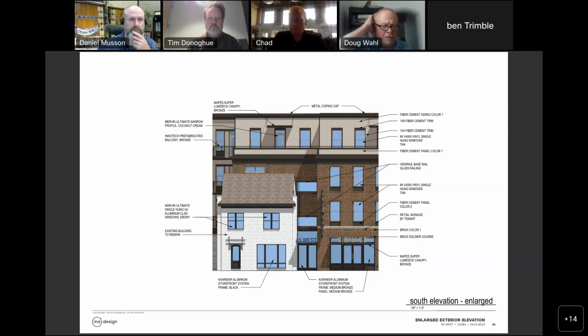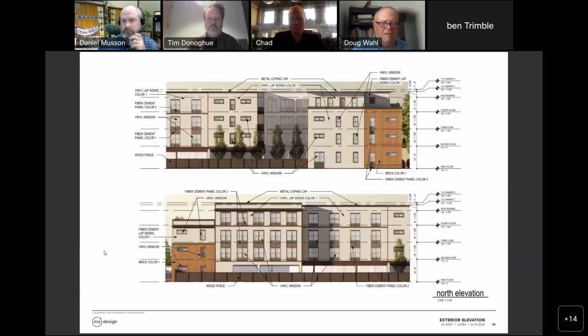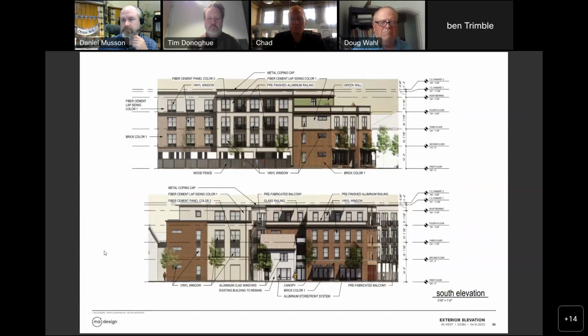I appreciate that you have altered the two elevations contiguous with the perimeter of the gas station property to make it not so monolithic, and changing some materials, adding some brick and so forth. I think that goes a long way to calm some of my concern about that. So I think you've done a fine job of improving those elements. Much less objectionable now, but